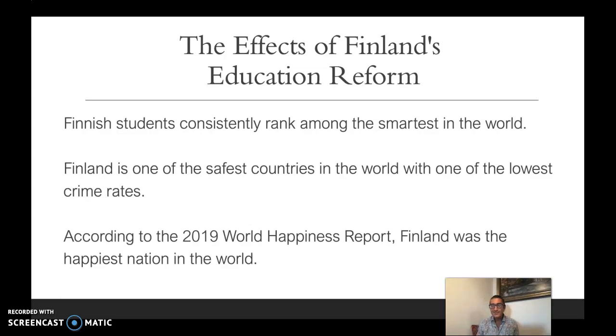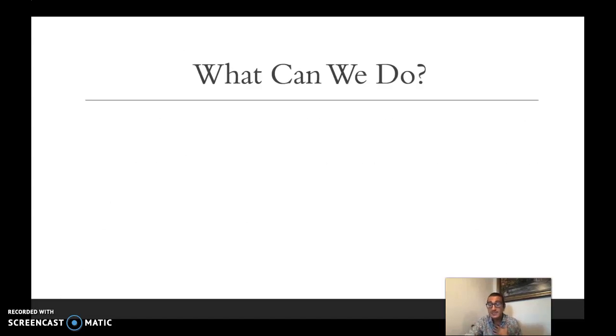So look at this. All of this paints a really holistic and systemic picture here, right? By addressing these problems in education and by further addressing problems pertaining to family life and health, by making access to healthcare and access to education accessible to everyone, Finland has improved the quality of life for everyone in their country, right? So this is the power that addressing these social problems can have. If we enact some of these solutions, we could likely experience some of the same benefits that Finland has experienced.